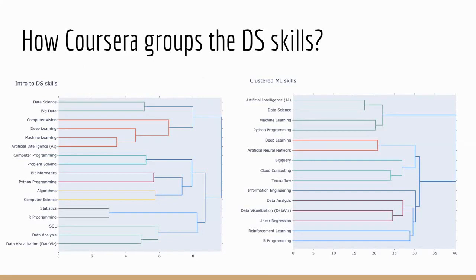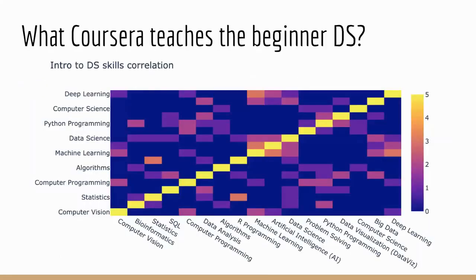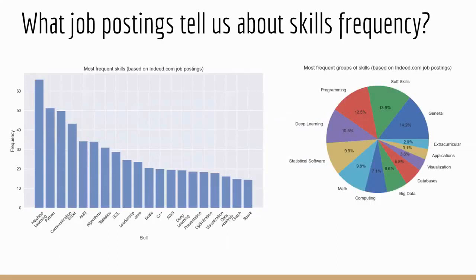Next, we proceeded and did some analysis of job postings from Indeed.com and Glassdoor. The idea was the same. We scraped job descriptions for all the titles that are somewhat related to data science. That is, data scientist itself, machine learning engineer, AI engineer, business analyst, data analyst, and selected a list of skills, already grouped them, that might be related to data science, and counted how frequently they appear in different job postings.